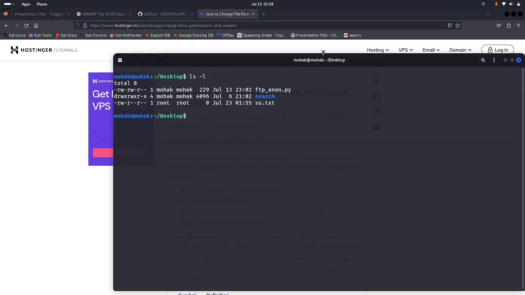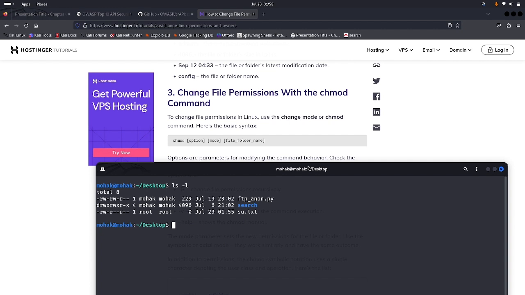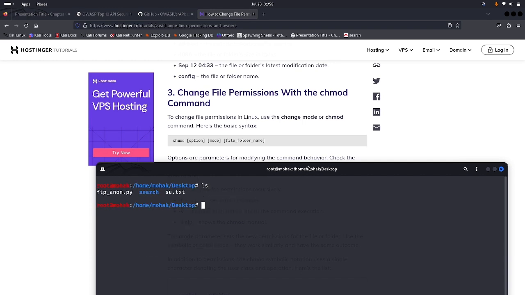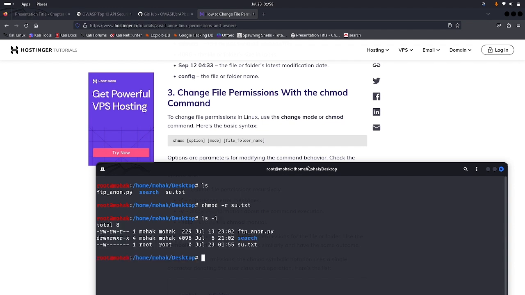Okay, maybe using the chmod would be good. So if I just do the chmod, and the option would be only r c.txt, and if I do that -l, so the txt is now only writable, not readable. So if I just do one another thing called -w, and now if I do the same,